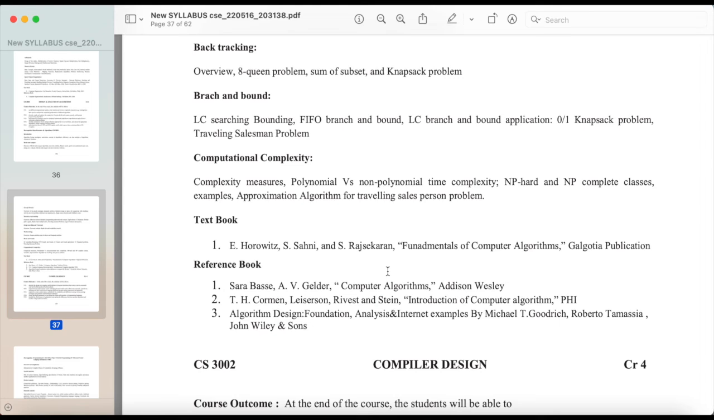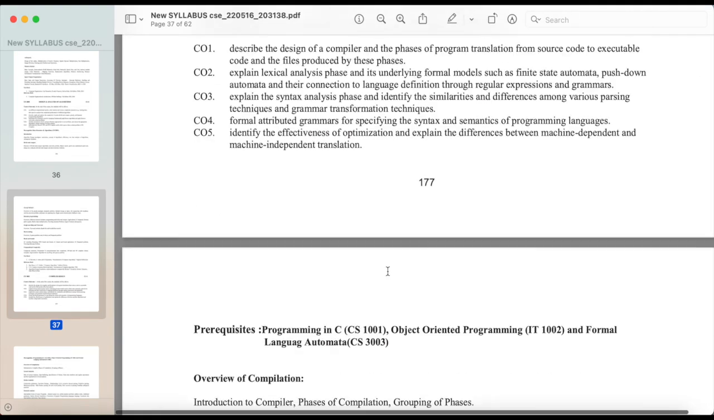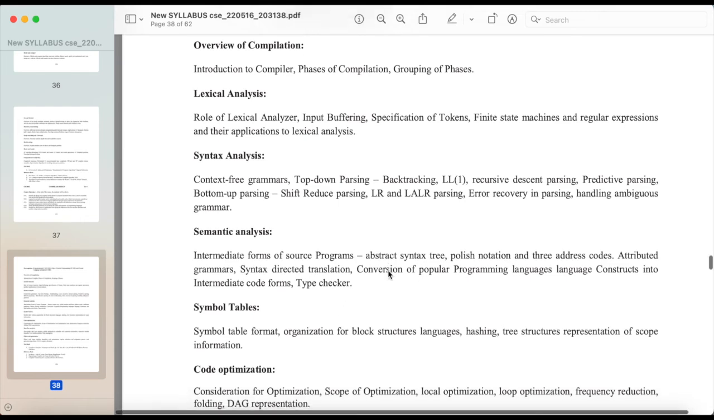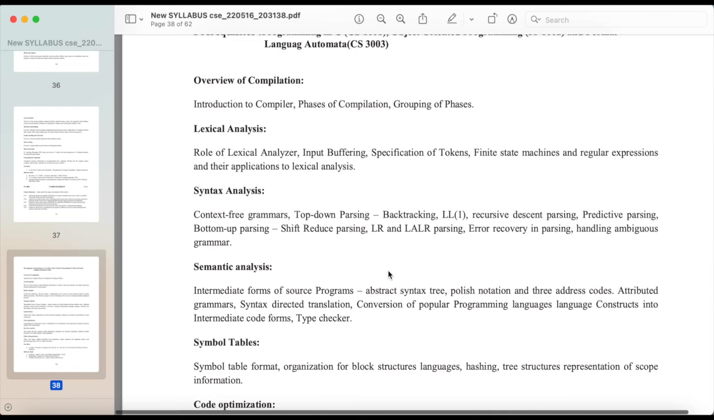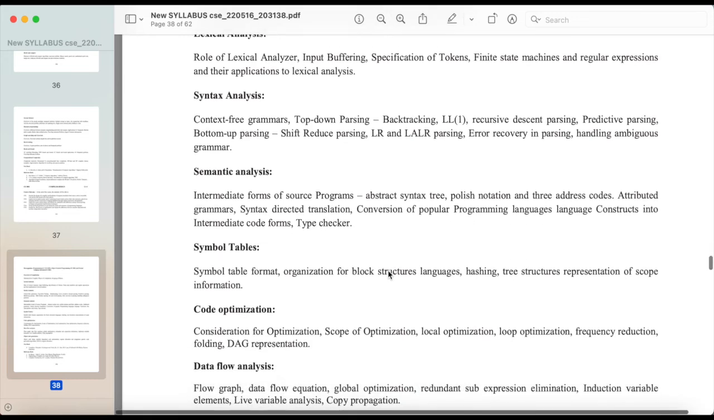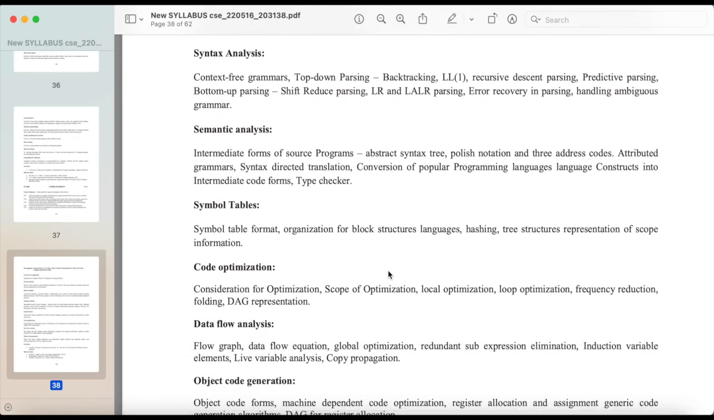algorithm for traveling salesperson problem. Compiler design: introduction to compiler, phases of compilation, grouping of phases, lexical analysis, role of lexical analyzer, input buffering, specification of tokens, finite state machines and regular expressions and their applications to lexical analysis, syntax analysis, context-free grammars, top-down parsing, backtracking, LL(1), recursive descent parsing, predictive parsing, bottom-up parsing, shift-reduce parsing, LR and LALR parsing, error recovery and parsing, handling ambiguous grammar, semantic analysis, intermediate forms of source programs, abstract syntax tree, polish notation, and